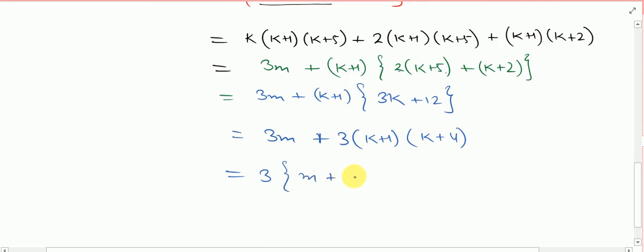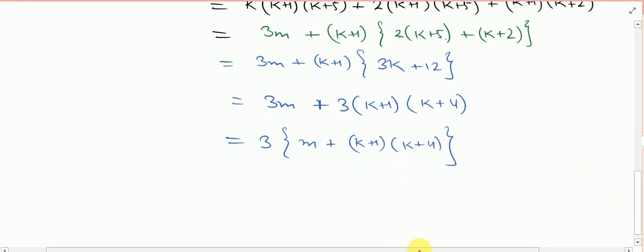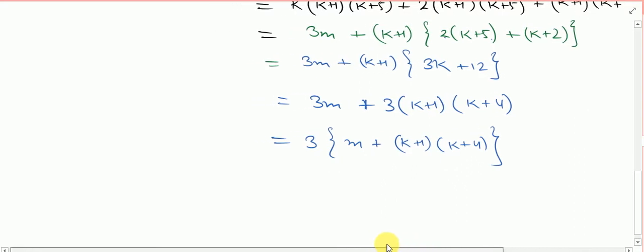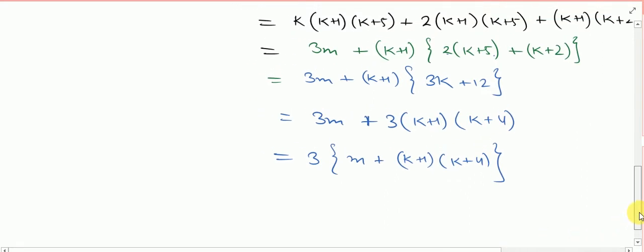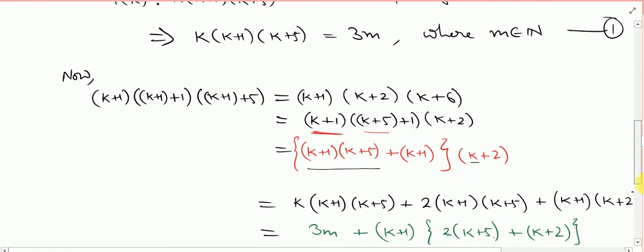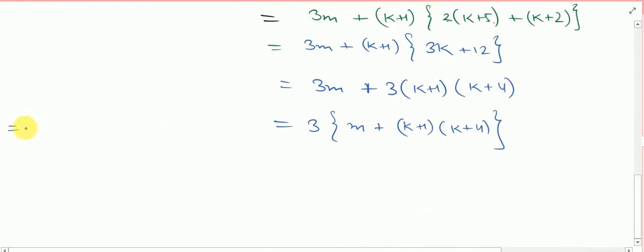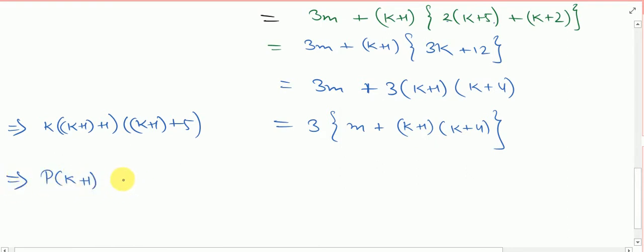So m plus... clearly you can see that k plus 1 plus 1 and k plus 1 plus 5 is multiple of 3. Okay, so this implies that the statement Pk plus 1 is true